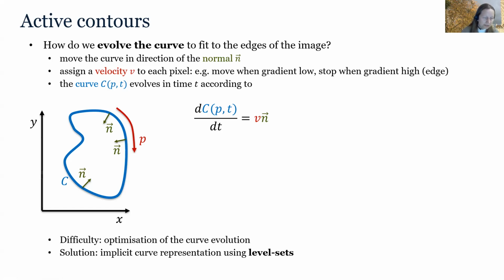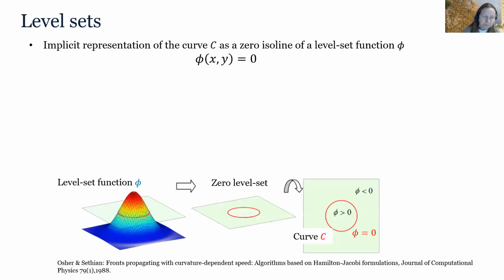Now, the problem with this is that the optimization is quite difficult. The methods exist for active contours, of course, but it's not an ideal setting. And there is actually a better way to do it through implicit curve representation using level sets. The representation of curves through level sets is